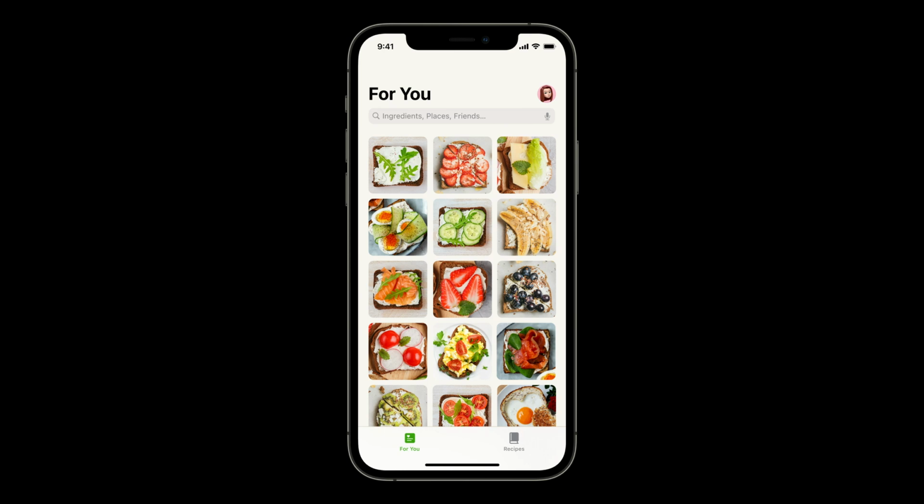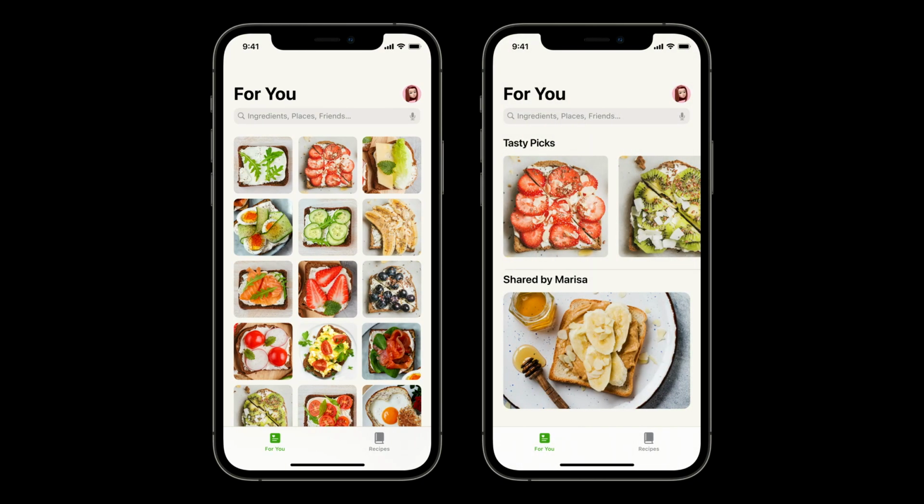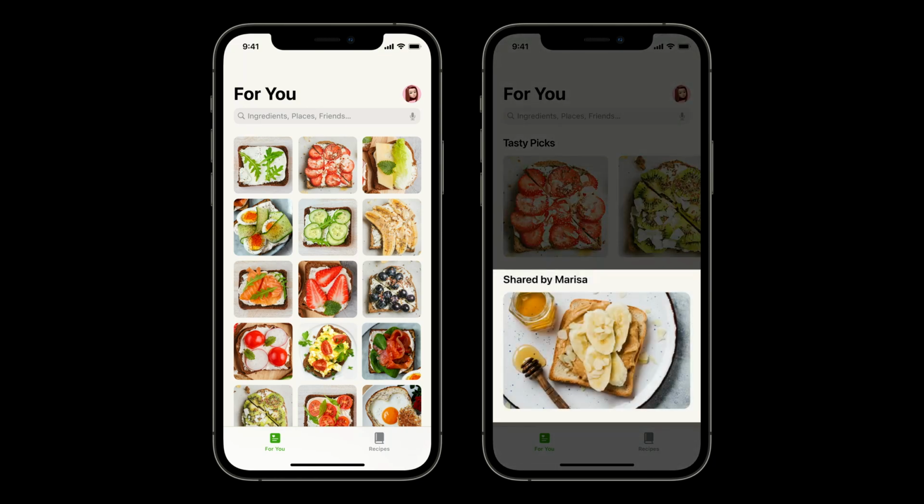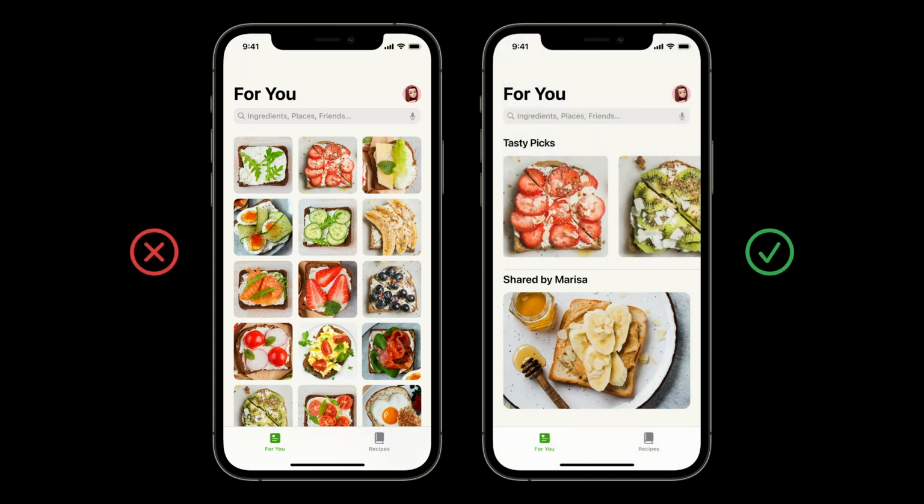Moreover, without clear division, people have no sense of existing categories. The content is just one giant unsorted box of toast recipes. By grouping the categories into different logical sections, separated by a header title, it feels immediately more understandable. People can easily ignore one category and explore deeper in one specific section.